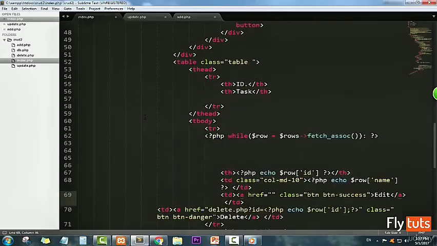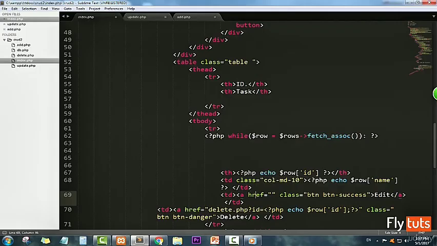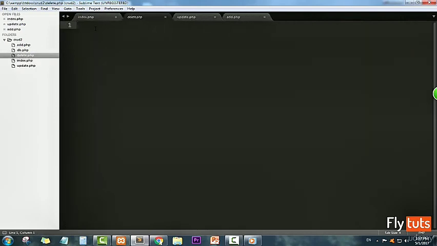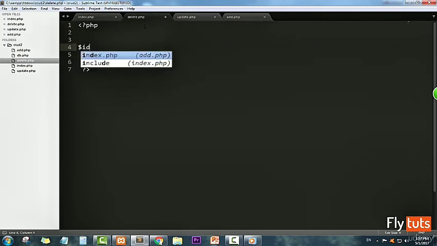Okay, when we click now, nothing will happen, but of course this link will be delete.php id equal to something. Now go to delete.php, we make php tag here. You're gonna say id equal this variable id